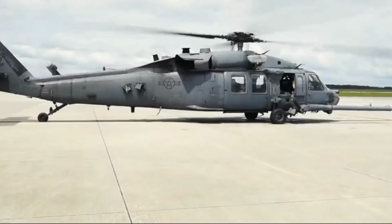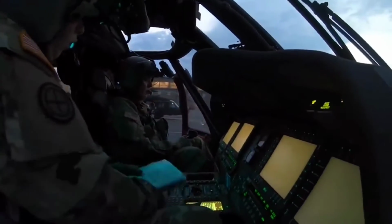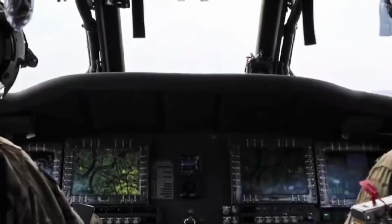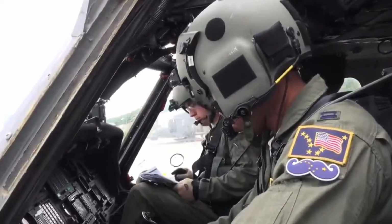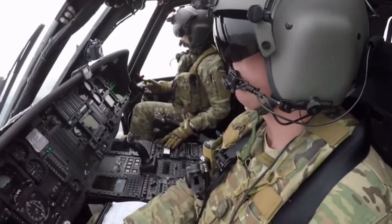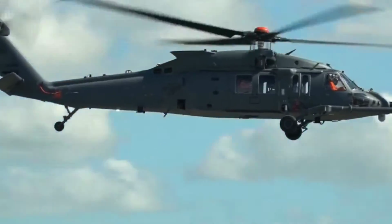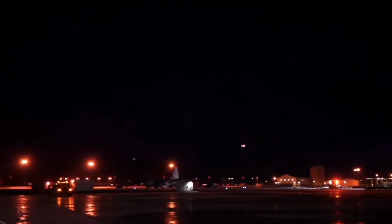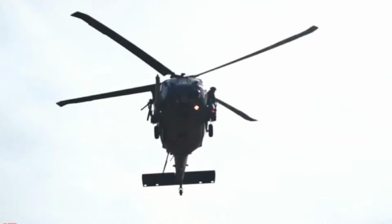The Pavehawk is a heavily modified Army Blackhawk helicopter with a state-of-the-art communication and navigation suite. It includes integrated inertial navigation, global location, Doppler navigation systems, satellite communications, secure voice, and fast communications. The night vision goggles, forward-looking infrared system, and autonomous flight control system included on the HH-60Gs significantly improve nighttime low-altitude operations. Moreover, the HH-60's capacity to operate in cold weather is due to incorporating color weather radar and an engine